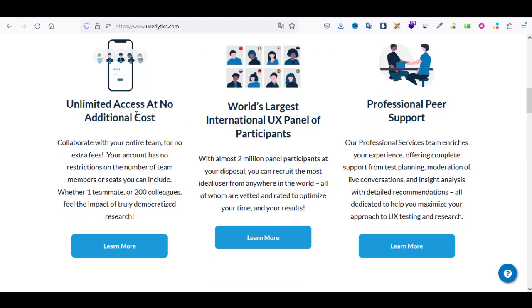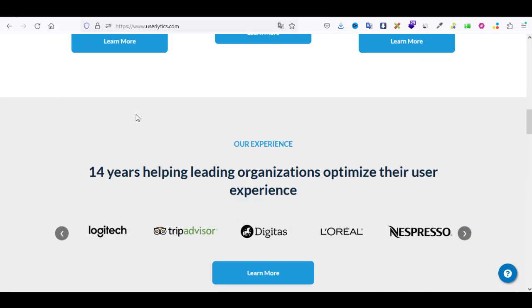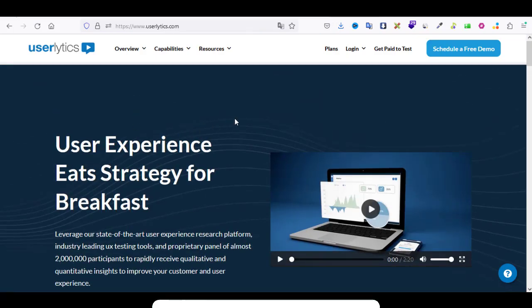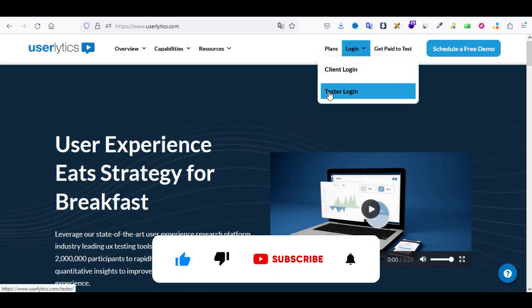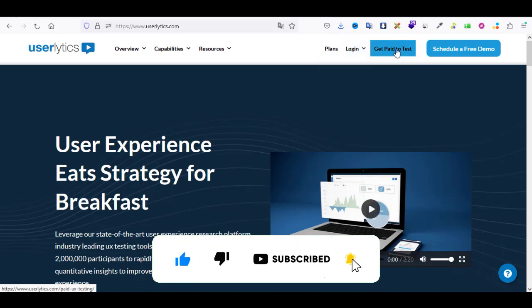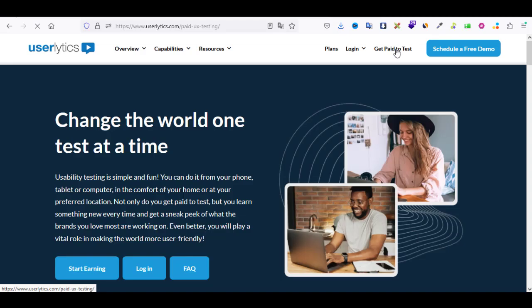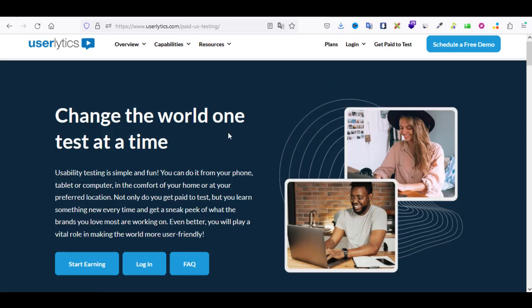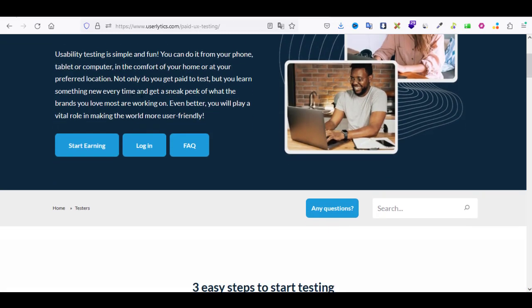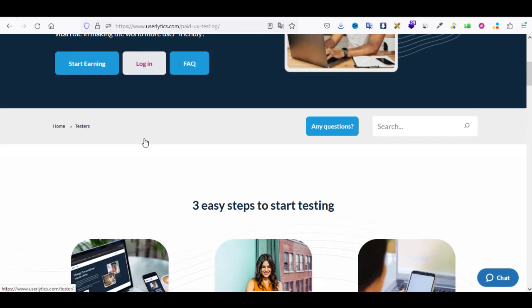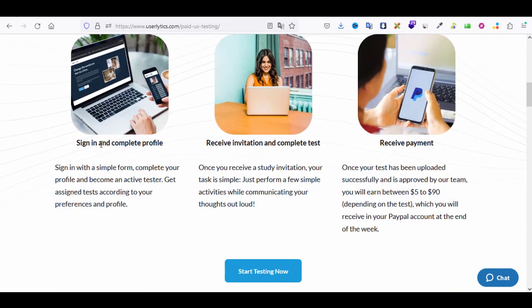To get started, all you have to do is go to the platform and sign up. Signing up for an account is quick and easy, and it's completely free to join. Once you sign up, you will be asked to complete your profile, which will help the platform start matching you with relevant opportunities. After completing your profile, for tests, the platform offers a wide variety of tests, so you're sure to find something